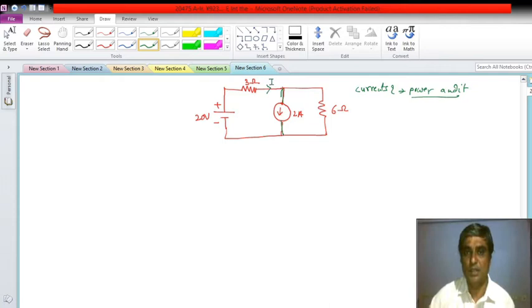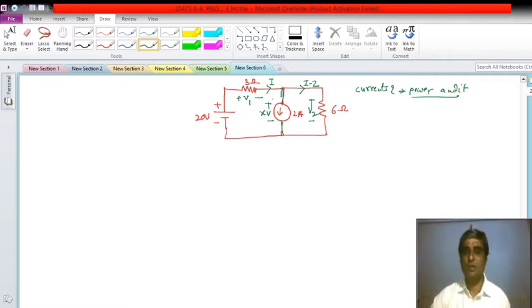So suppose this is my current, what will be the current in this branch? Say I is the current in this branch, so it will be I minus 2. Okay, now let me label the drops also. Suppose this is my voltage drop V1, going this way, and suppose this is X volt. I don't know what the voltage drop across the current source is. Also let me assume this is the drop across the 6 ohm, right?